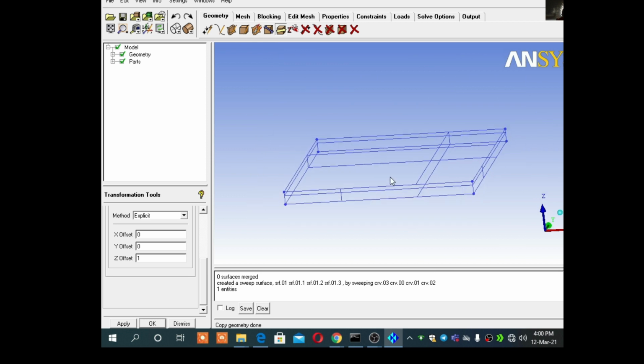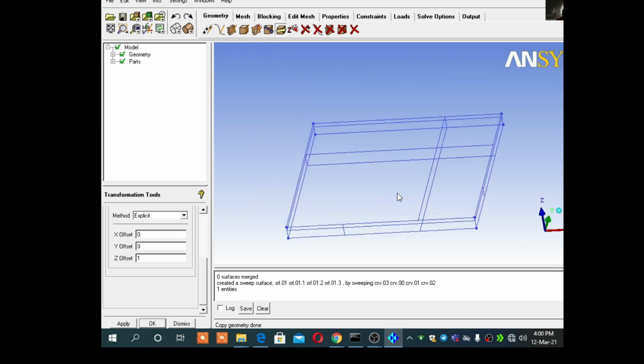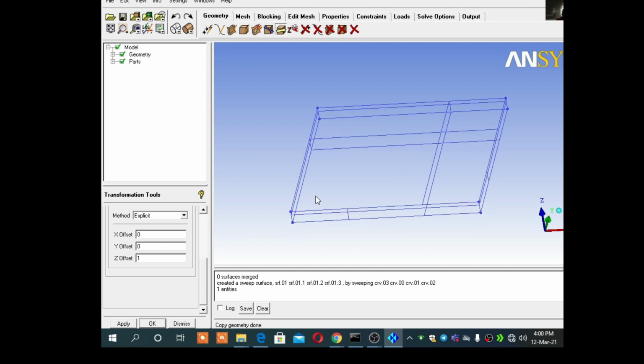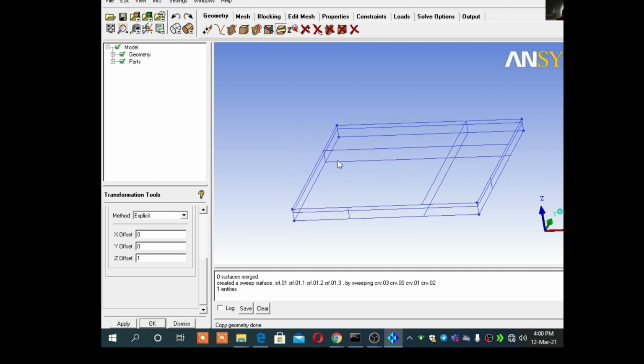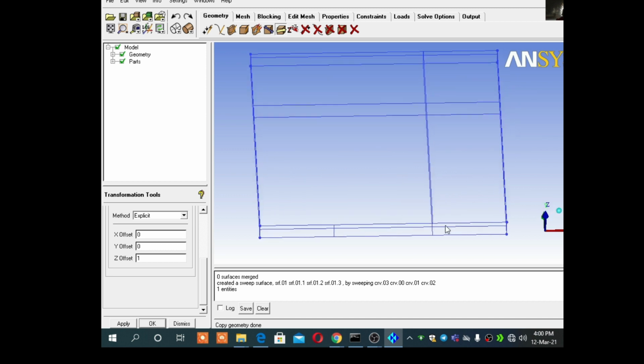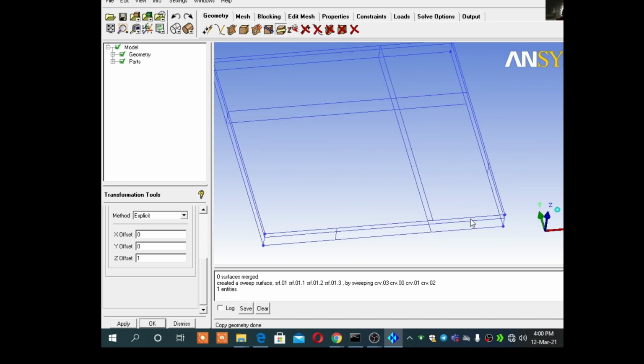Now I will draw rectangular fins on this surface. For that purpose, I will take 1 point.